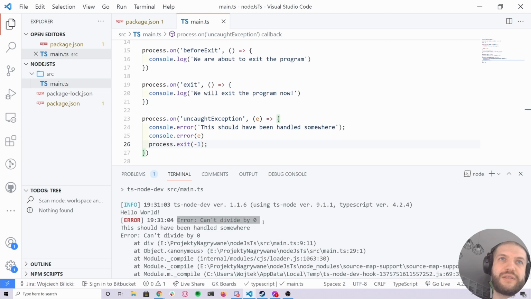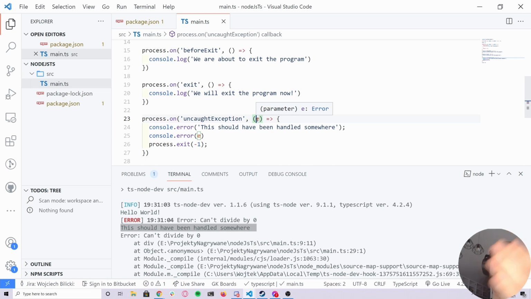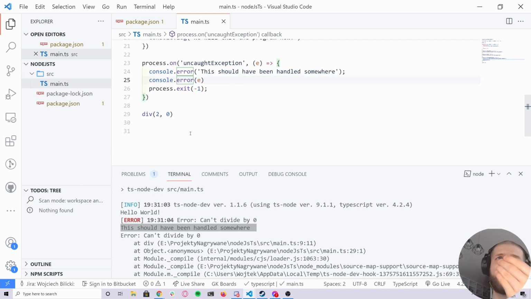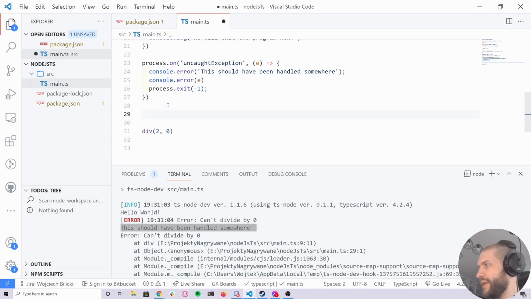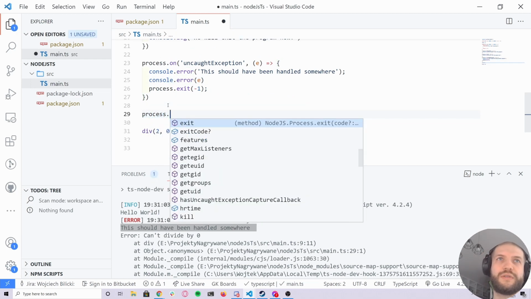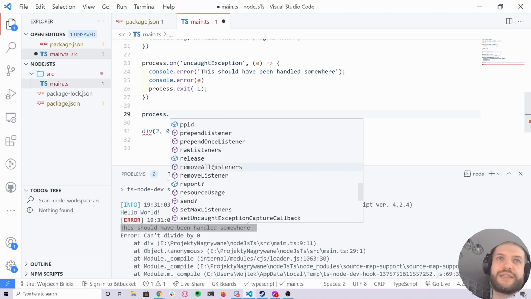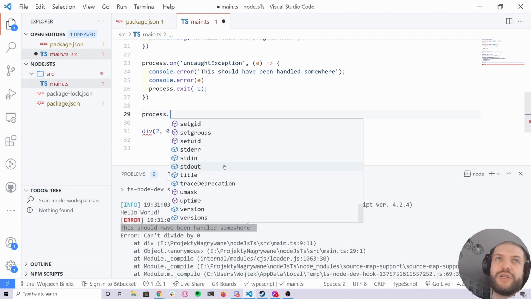Okay, there's an error, right? And there's also the information: this should have been handled somewhere. And as per the thread, yeah, we even have the type here. It's the type of error which we display here. Okay. So if you take a look at the process here, there's actually a lot,